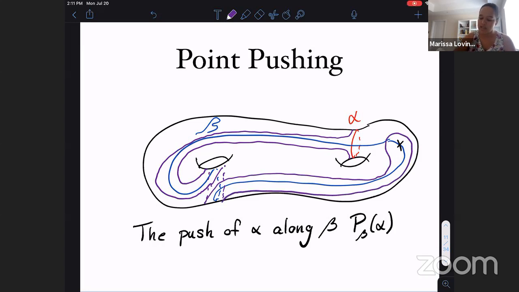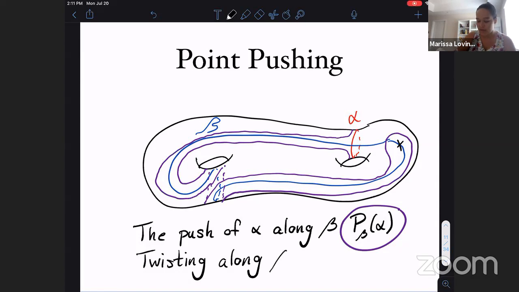Okay, and so this purple curve is the image of our push map. And even though this looks kind of fancy and cool, it turns out that this is really the same as doing twisting along beta